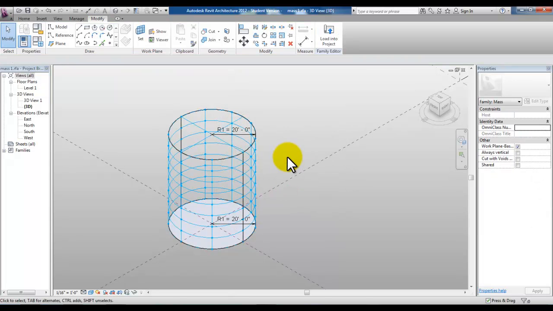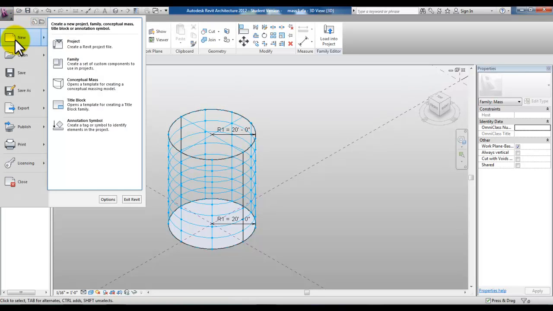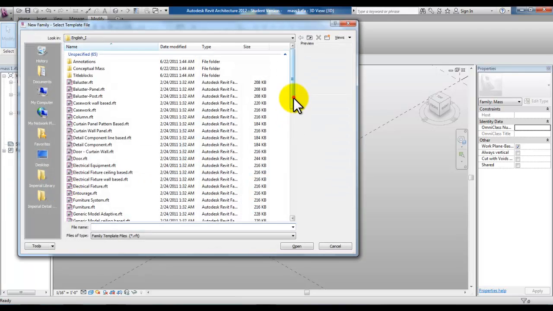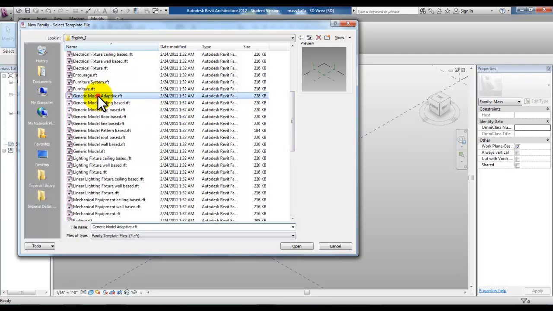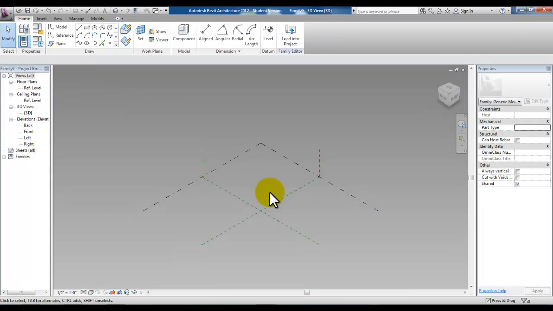And now we're ready to go over and create a family that is a spline that we can use this cylinder to attach it to. So let's go to create a family, application menu, new, family, and this time we're going to pick generic model adaptive. In here we'll place